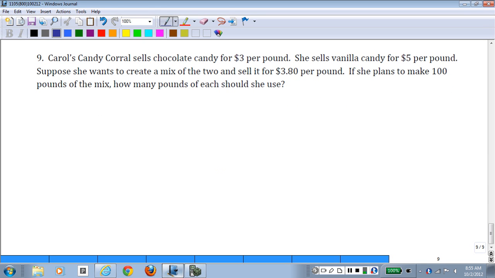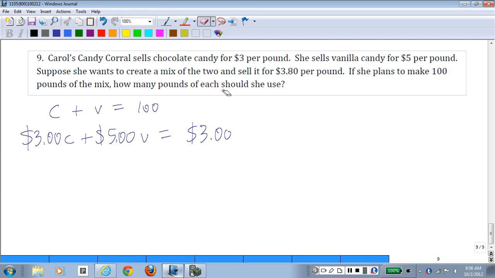In the solution there, I used C and V for the number of pounds of chocolate and the number of pounds of vanilla. We want a total of 100 pounds of candy. So C plus V equals 100. Maybe 40 pounds of one, 60 pounds of another. The chocolate candy sells for $3 a pound. So $3 a pound times C is the value of the C pounds of chocolate candy. $5 a pound times V is the value of the V pounds of vanilla candy. And the total value of all 100 pounds of candy,